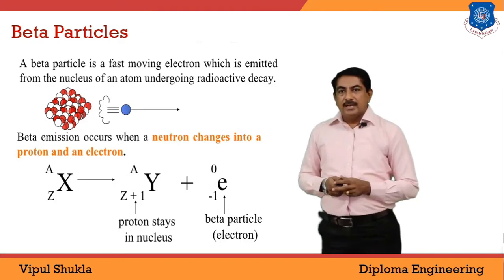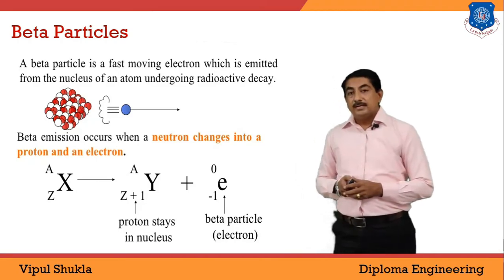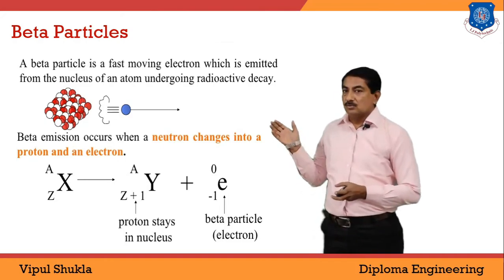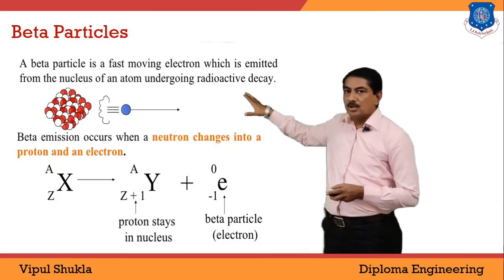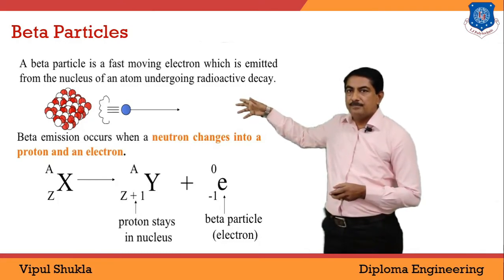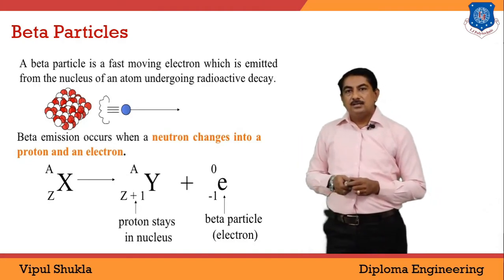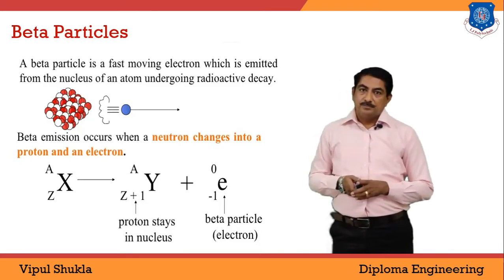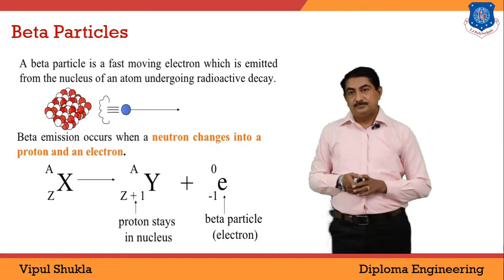When any heavy nuclei whose atomic number is more than 82 undergoes a disintegration, that means when a decay of heavy nuclei takes place, it emits electrons. Look at this figure. Here the nucleus of any atom, suppose uranium, is denoted. The red circles indicate the protons, the white circles indicate the neutrons. When it undergoes decay, it will emit electrons. So emission of electrons is nothing but emission of beta particles.